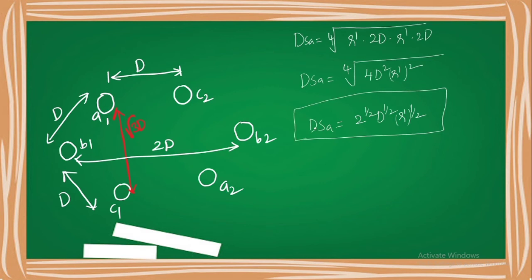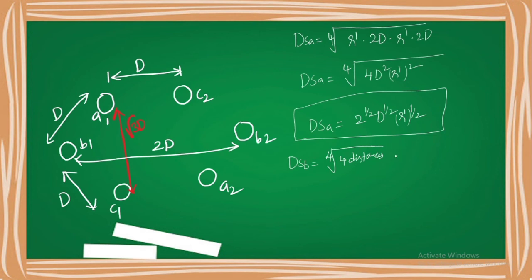DSA. Now, what is DSB? DSB is also, what is N? N value is 2, because A phase contains 2 conductors, B phase contains 2 conductors, C phase contains 2 conductors. As all the phases contain 2 conductors, you will get the GMR as fourth root of 4 distances, and as all the conductors of the phases are at the same distances, the distance between A1 and A2 is the same as the distance between B1 and B2, which is the same as the distance between C1 and C2.